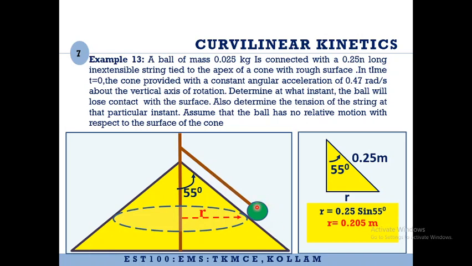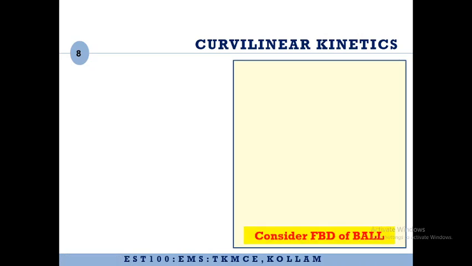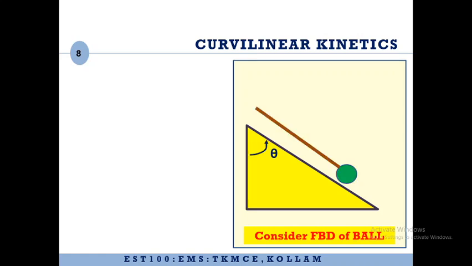In addition to that, the ball is undergoing a circular motion. So because of circular motion, there will be a centripetal acceleration, and inertial force is going to be acting opposite to the centripetal acceleration. So it will be acting outward in the opposite direction. So let us consider the free body diagram of the ball. So if we consider the free body diagram of the ball, this is again a closer view.